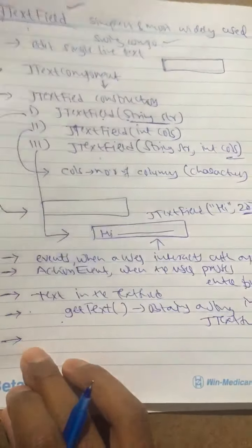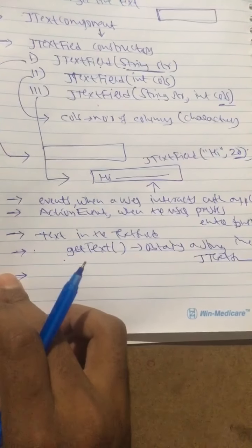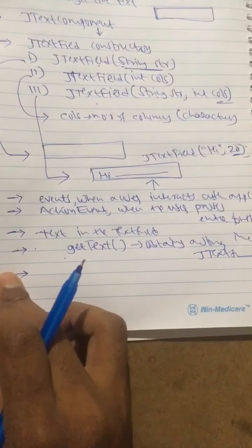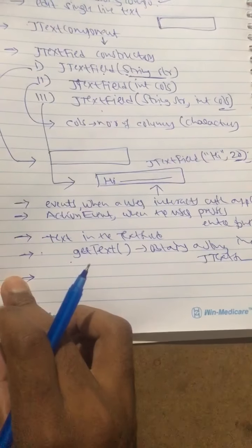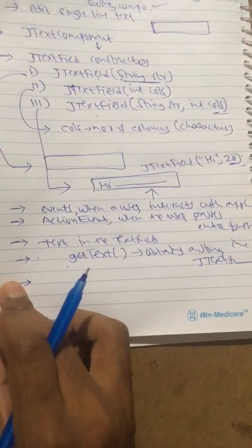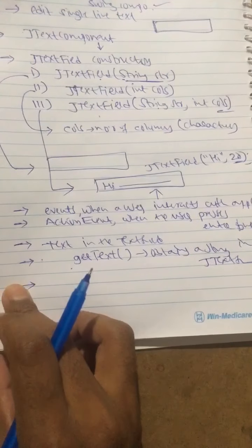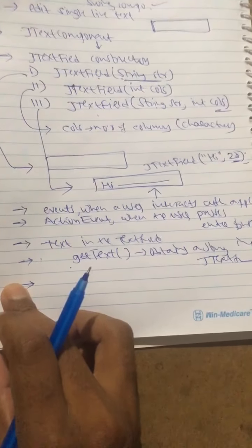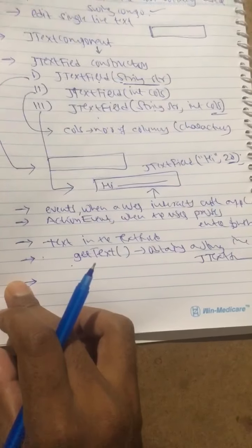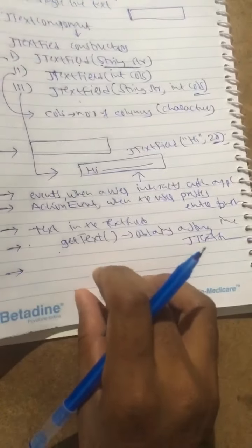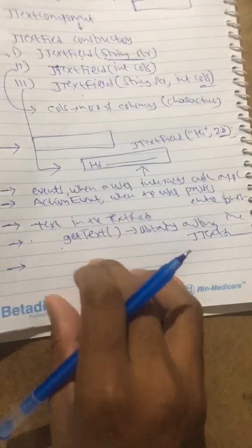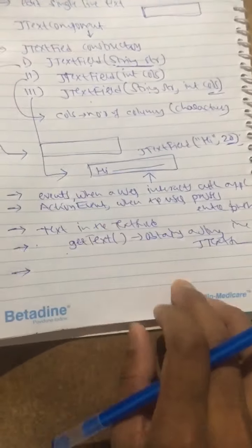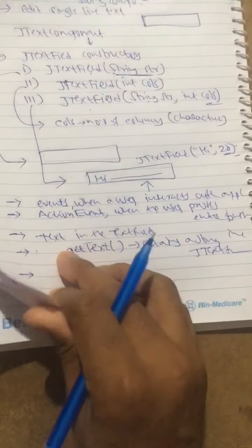In that program we are taking JFrames and JTextFields. The program handles events when the user presses the enter button. How does it handle them? By displaying a message as a label. Whenever the user presses enter, it displays a string from the text field as a label. We will look at the program.